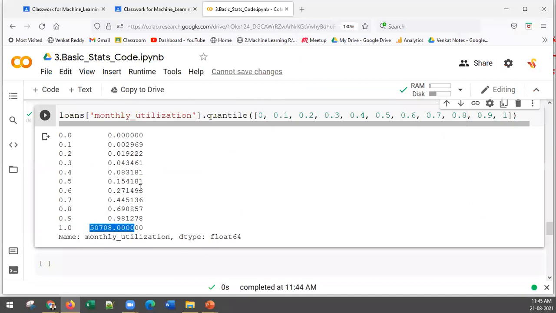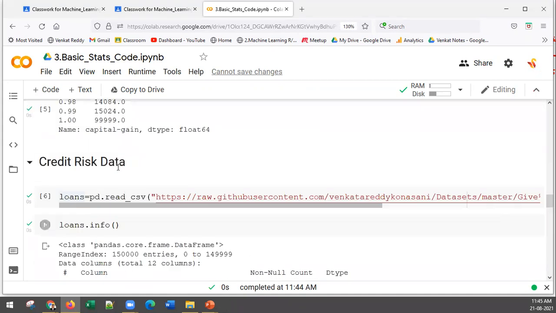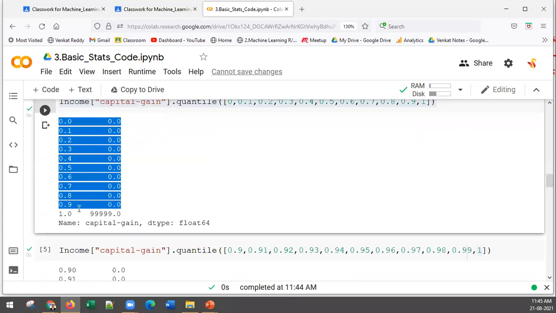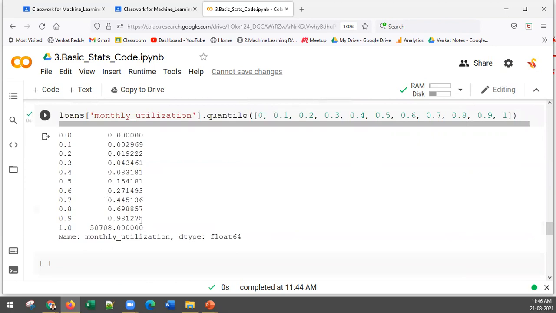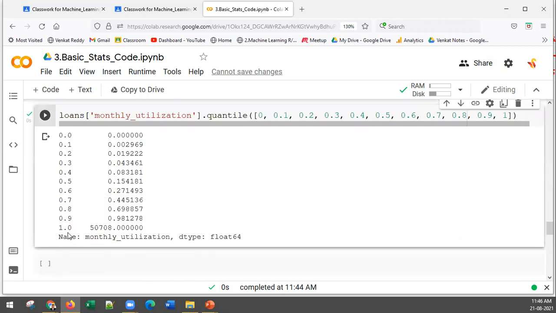Is it fair to conclude that 90% clean, 10% outlier? Just by looking at this, can I conclude right away? 90% clean, full complete, 10% is outliers. Is that the way to conclude? Have we really got the complete information? Just like earlier in capital gain, did we conclude like that, 90% clean, 10% outlier? Is that the right way to go about it, or we need to do the drill down? What do you think?